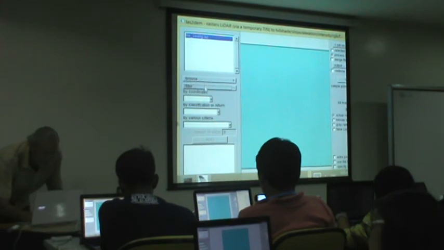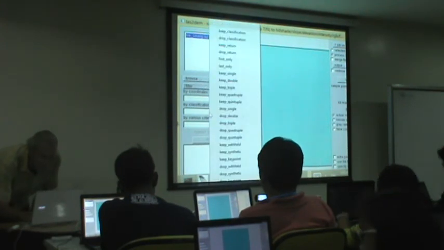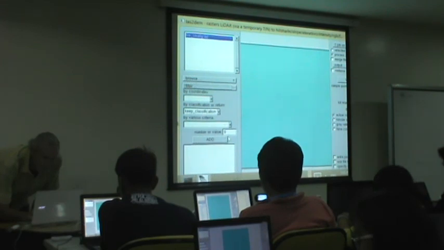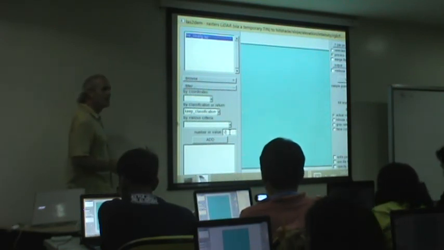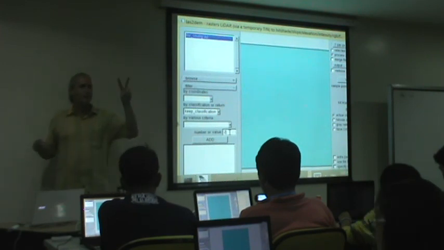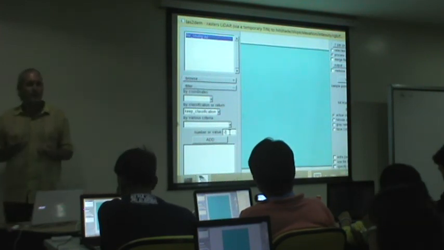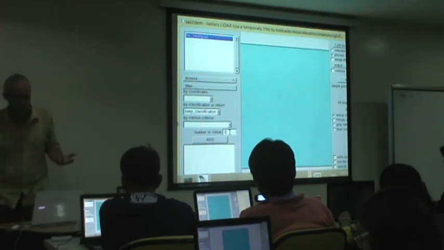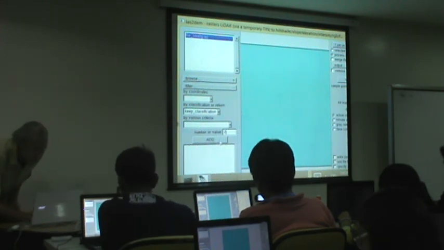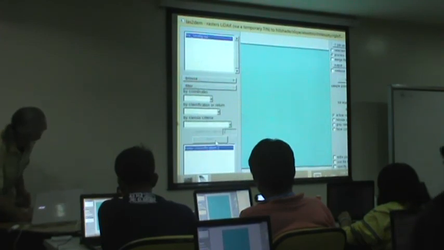So we now filter, keep classification, and we must say which classification. And there's one thing you really must know: number 2 specifies the classification class that is ground. And then you press add, and I don't know if